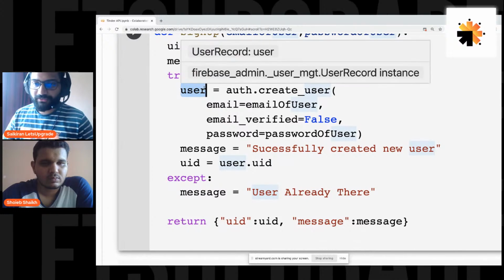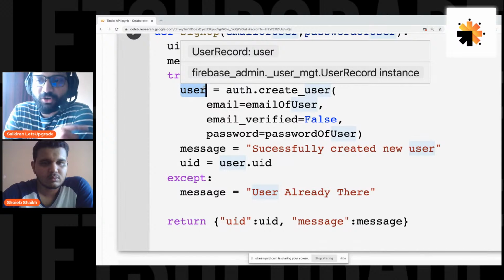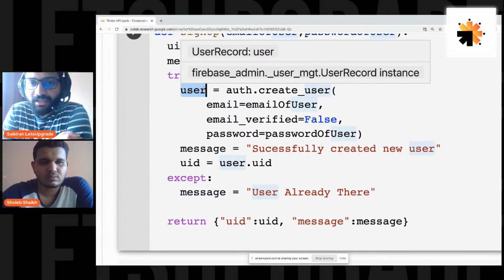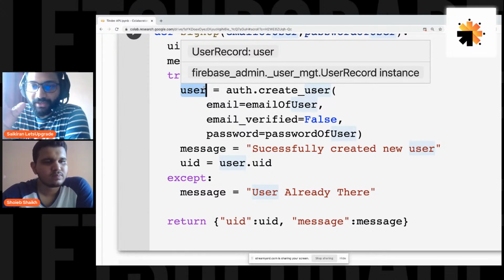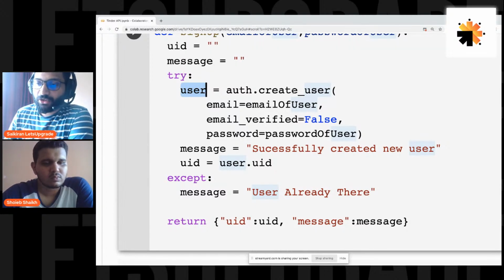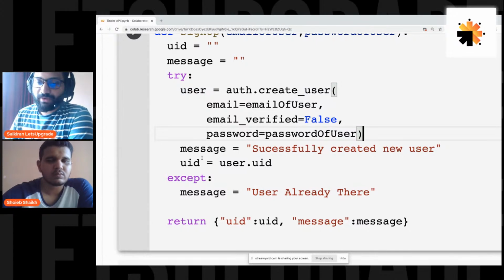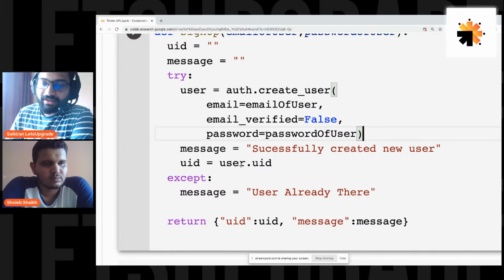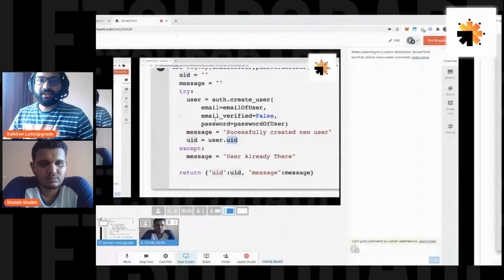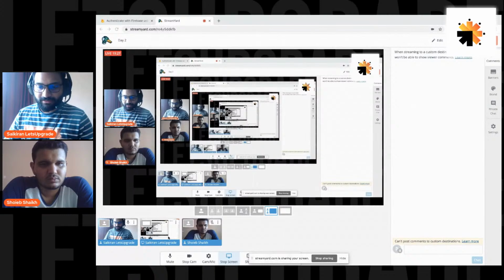User is another object. If you see here, you're getting a pointer that firebase admin.user management.user record instance. Now what is this user record instance? User record instance is nothing rocket science, but a kind of thing for managing the user's properties or the object. We have a kind of blob. That blob is being taken care of in this user, and we have this auth.create user and all this stuff. So whenever it's a successful sign up, you can retrieve the UID using user.uid. For reading about it more,